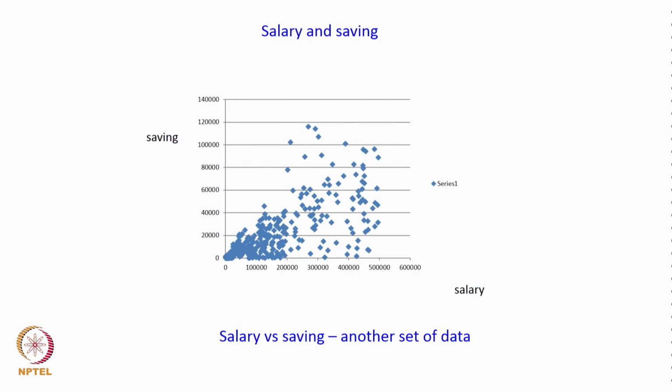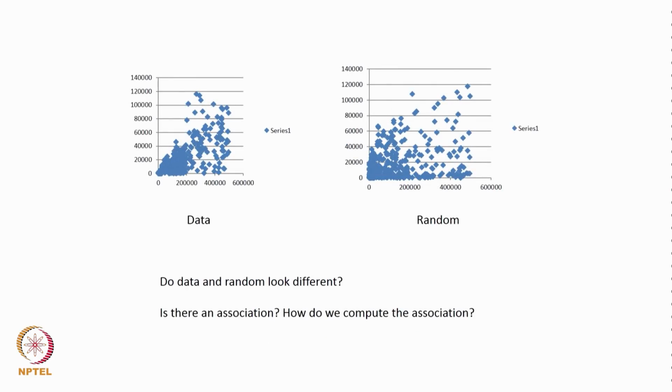Now, let us look at another set of data on salary versus savings, and let us say this is how the data looks with x as the salary and y as the response variable, which is the saving. Now, if we try to do the randomized picture of this, where we still have 100 points, but the x and y are now sorted completely randomly, which means they do not have the old x y pair, and we do a similar exercise, this is how the original data looked, this is how the randomized data looks, and do they look different? Maybe they do not.